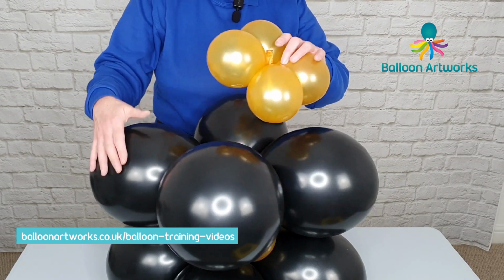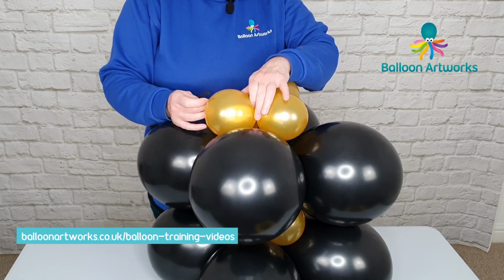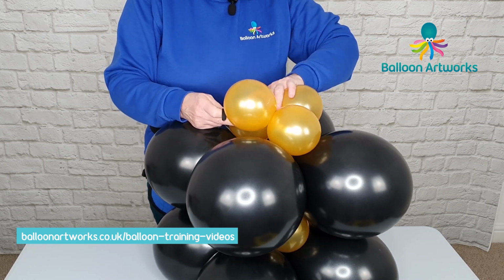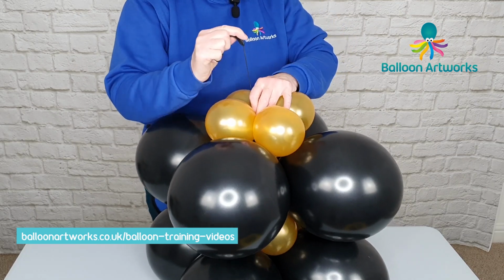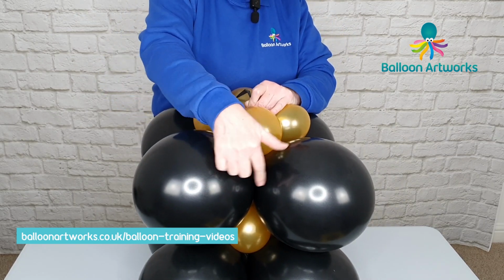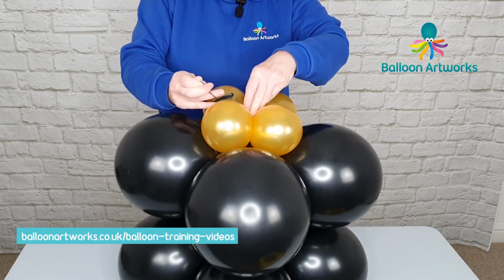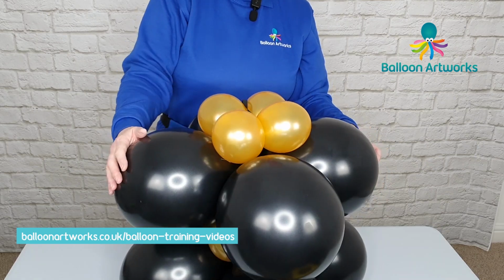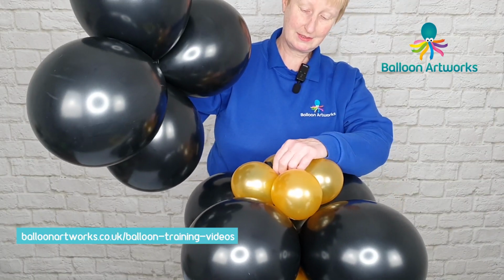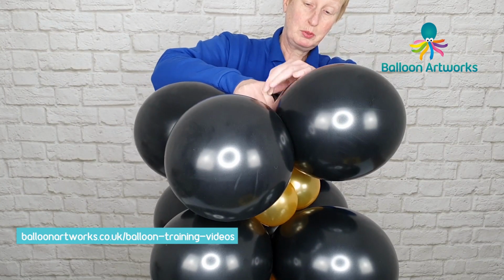Take your next small cluster, grab hold of that 260, pull that through the centre of the gold balloons. Position your gold balloons so they're in between the 2 larger rounds and then wrap that 260 around a few times. Then take your last cluster of black balloons, grab hold of that 260, pull it through the